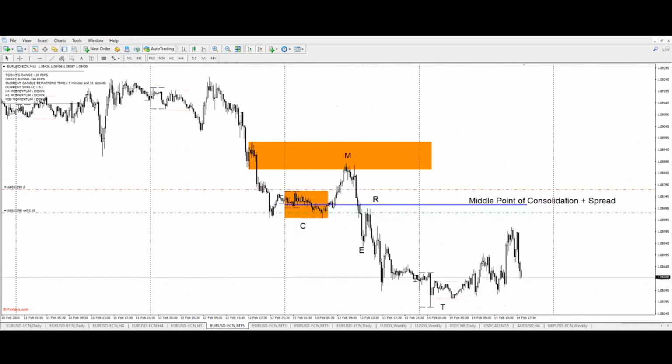So I just showed you that as a daily principle. Now, this year, I've started breaking it down, that this worked on all time frames, and that this is the pattern: consolidation, manipulation, expansion, retracement, target. Now, the strategy I taught you last year